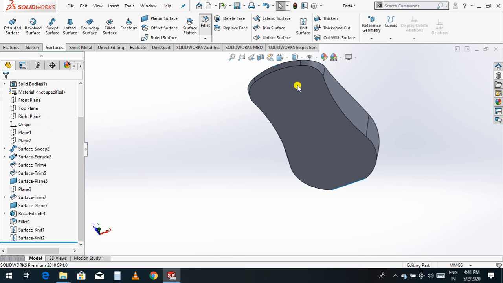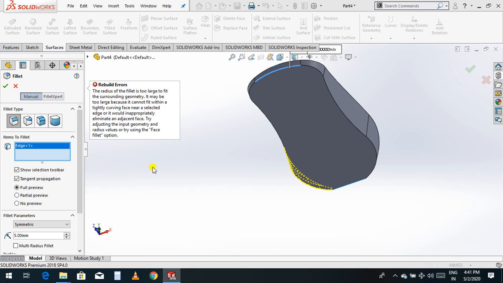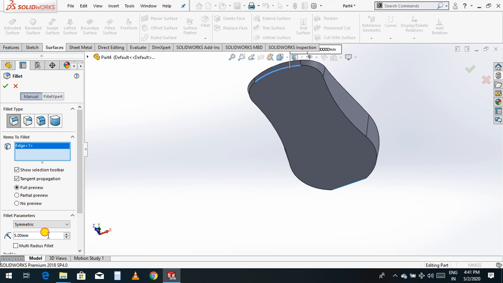Use now fillet and give a 5. I think now again it is prolonged. If I give 2, now it's okay.